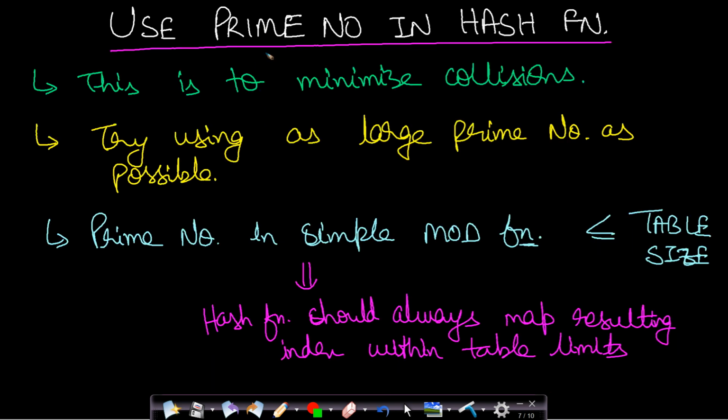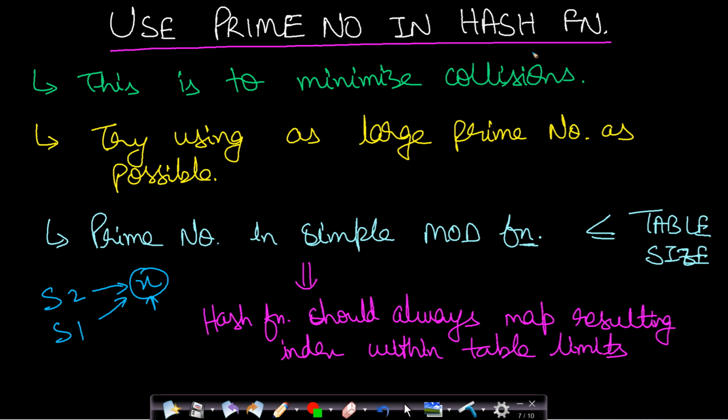Now you should try to use a larger prime number as well as a very good hash function. A prime number will minimize the number of collisions. If you do not take a prime number, then the number of collisions can increase. And if you have a better hash function, then 2 different strings, let's say S1 and S2, will have very little chance of pointing to a single integer value X, okay.